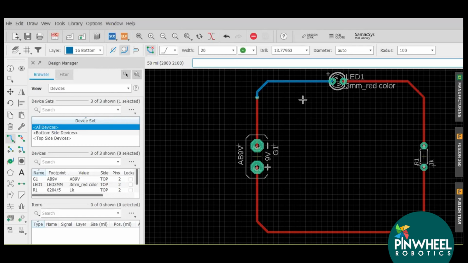It is very good to place all the components on one side of the layer, but if it is not possible on one side, then we go for the next side. Also, it increases the cost if we go from a single layer to multiple layers. So this is the way we are connecting wires.